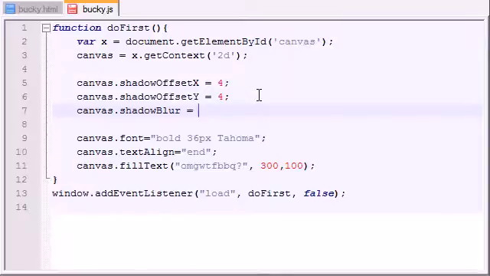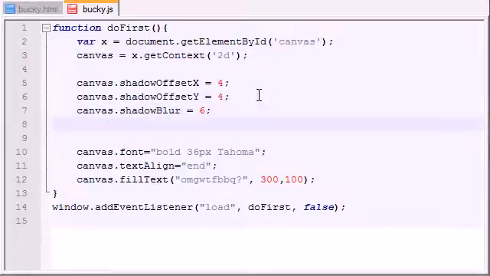So how much of a blur do we want to use? Well, let's go ahead and put 6 right there, because I happen to know that 6 looks pretty good. But depending on what you're doing, what kind of website you're making, there's no set value that's like, okay, this is a good value, this is a bad value. It depends on how big your shape is and just what kind of look you're going for. So for now, I'm just going to add a blur of 6. And now, canvas